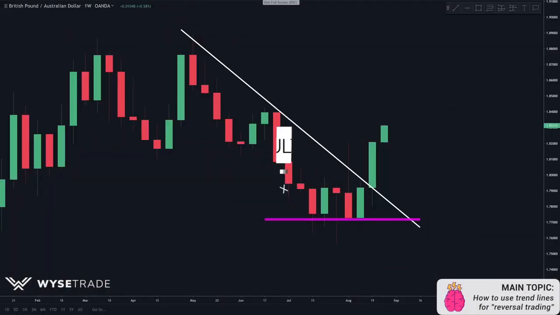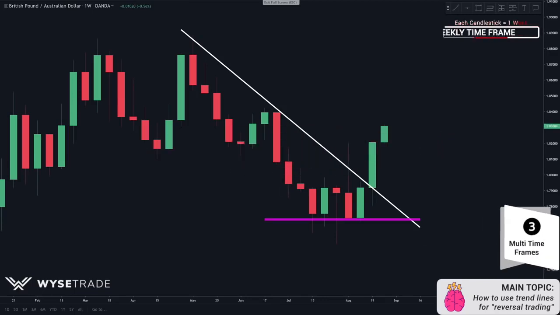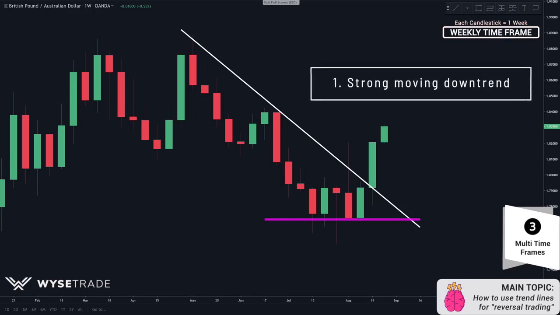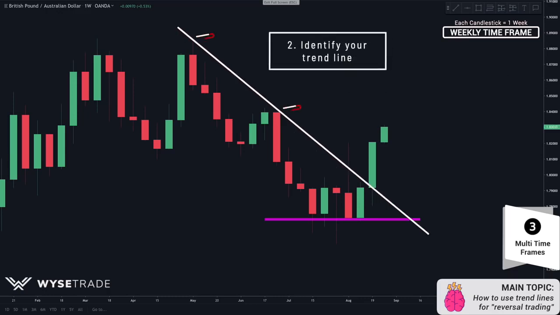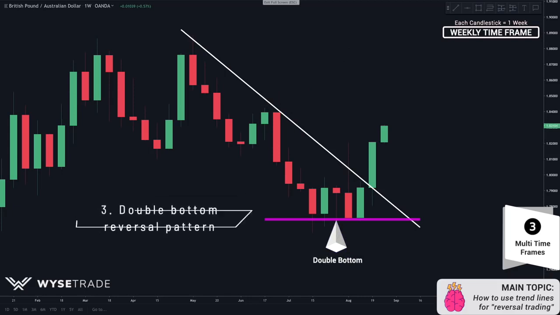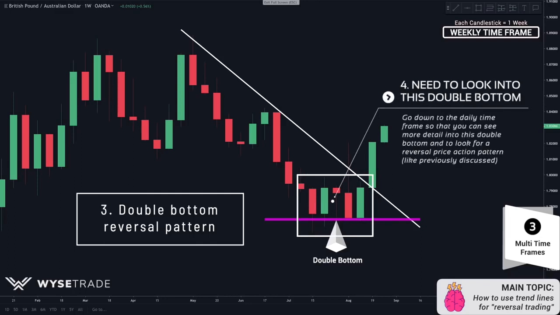So let's take this one step further and add in multi-timeframe analysis to this concept. Here on the weekly timeframe, what you would have first identified is that this was a moving downtrend. You then identified your trend line through these 2 points here. You would have then identified this double bottom through these 2 points here. So what you do is you want to jump down a time frame to the daily so that you can see more detail into the price action that is occurring within this double bottom and look for a trend change